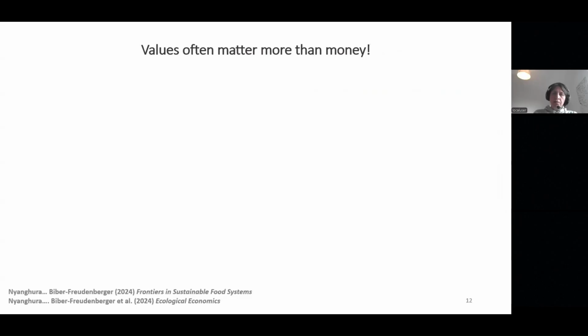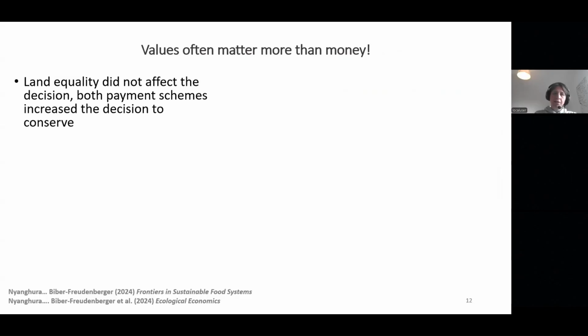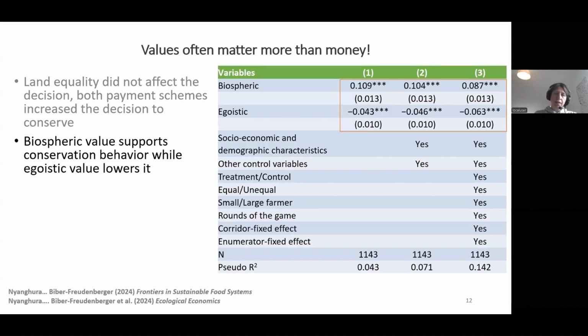So what we found was, interestingly, that values seem to often matter more than money and compensation. Land equality did not affect the decisions of the farmers to conserve. And overall, both payment schemes, no matter if you had a bonus or only the compensation scheme, both of them worked and overall increased the decision to conserve. However,